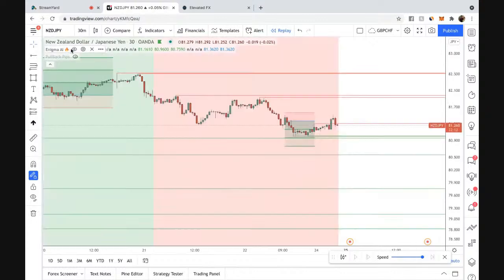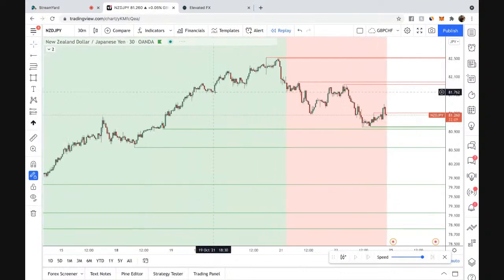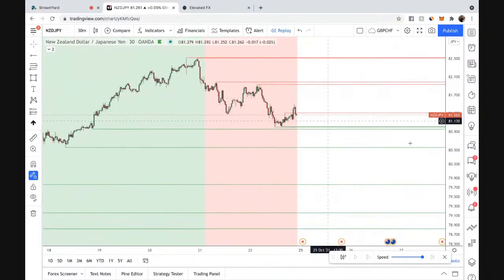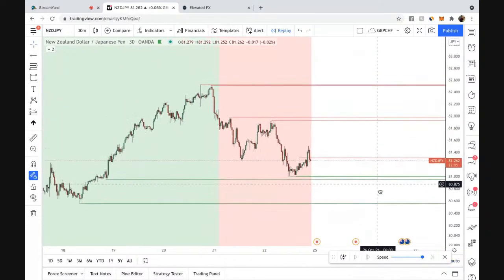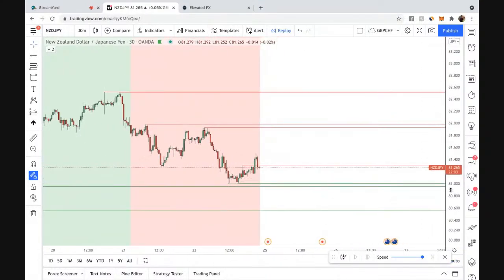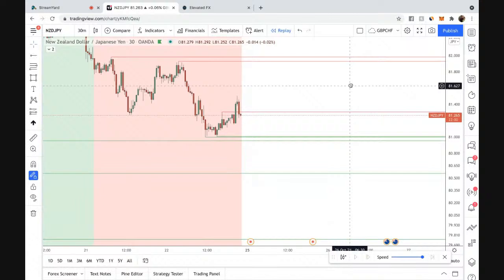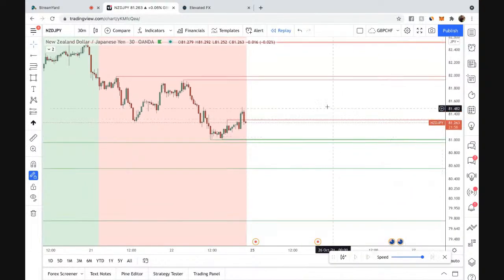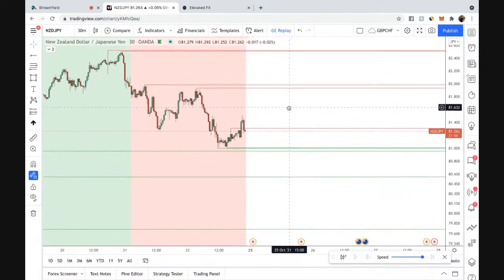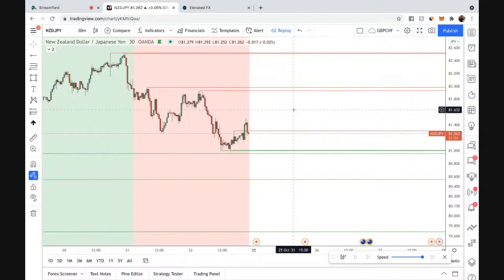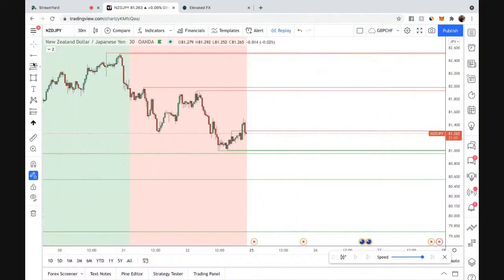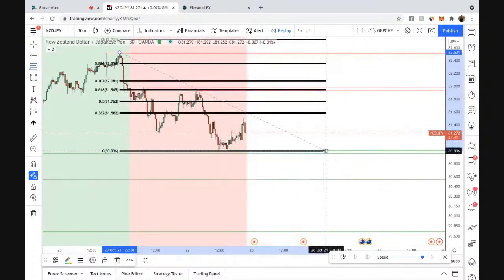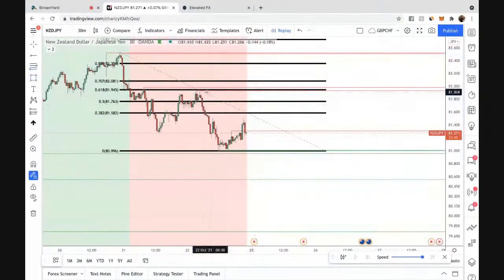The only question I have is where can we go get in to minimize, right? Let's just look at this. Yeah, we have targets to the downside, which is great. But the only question I have is looking at this chart right here. Where would I want to get in? Where can I get in? And not only where can I get in, where can I get into to best minimize my risk if I can get it, right?